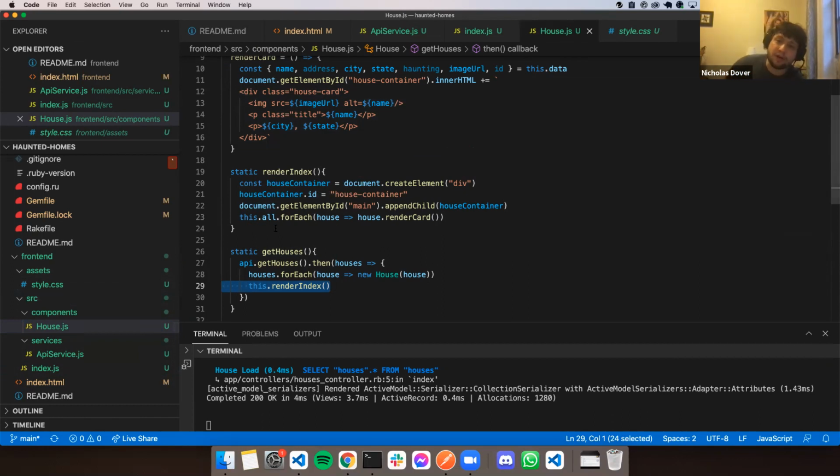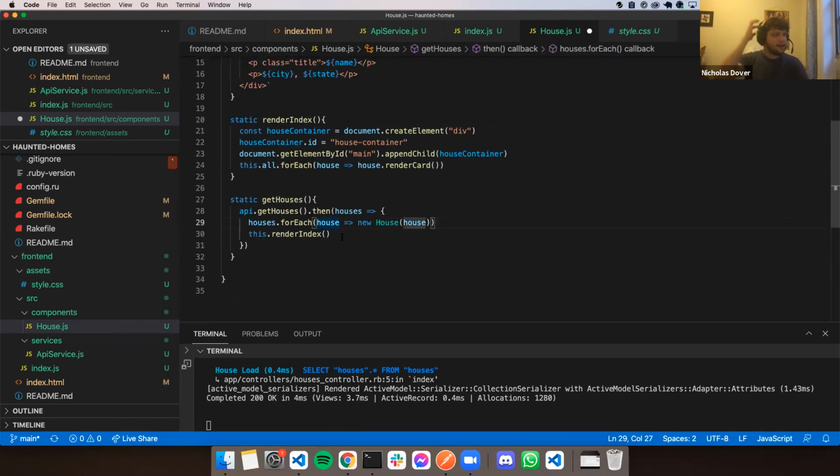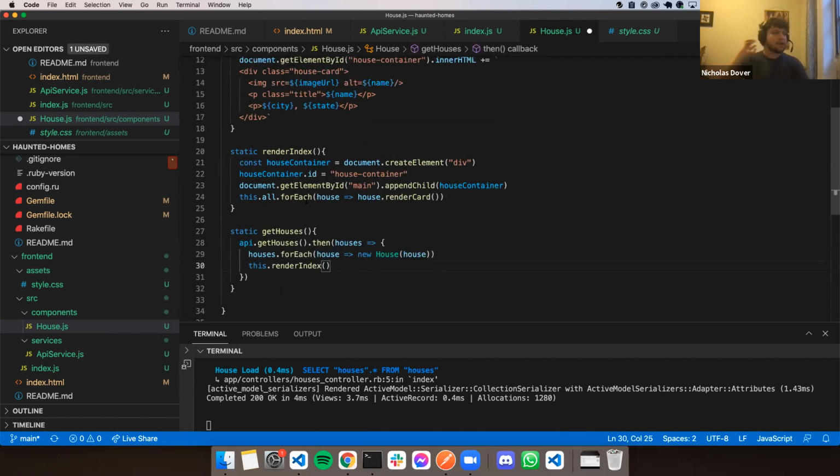Right now, I'm going to show the 2 different pages. And I think right now, since we're so close to out of time, I'm probably going to do the belongs to on Tuesday. Cool. But here, we're iterating through the houses from the API. We're creating a bunch of different houses. We're initializing them. We're storing them in our static all, right? And then after we're doing that, we're calling this render index method,